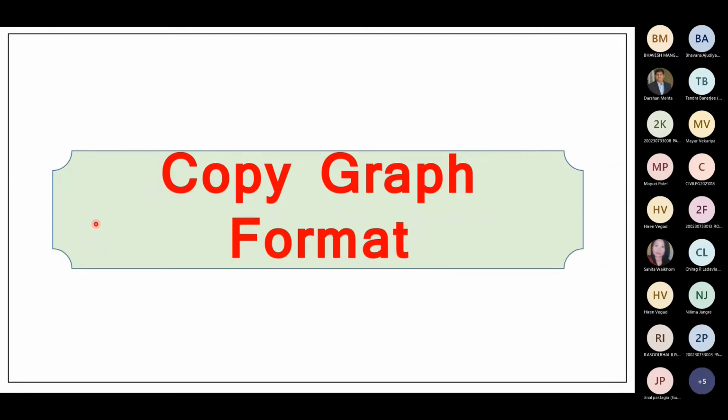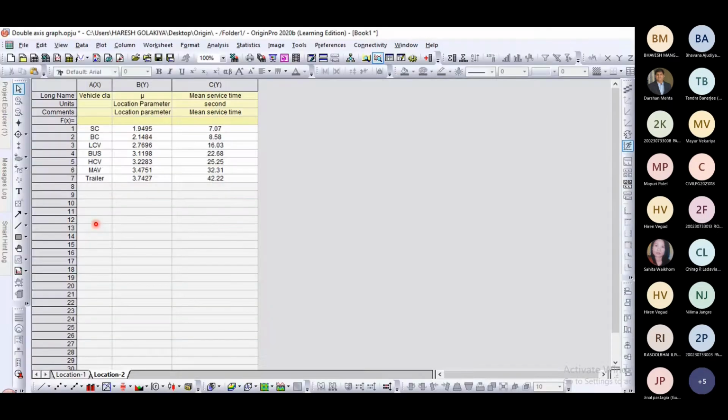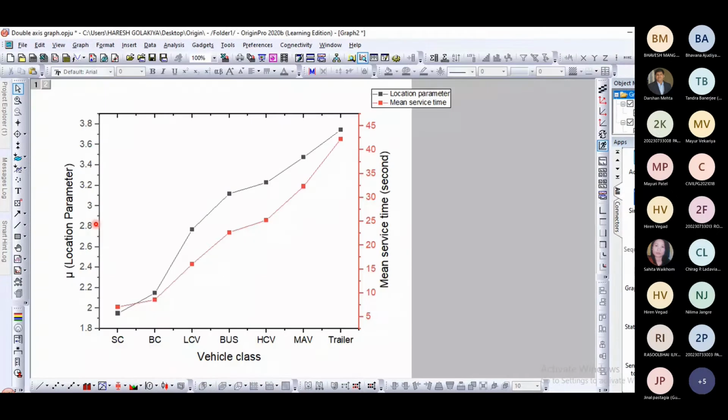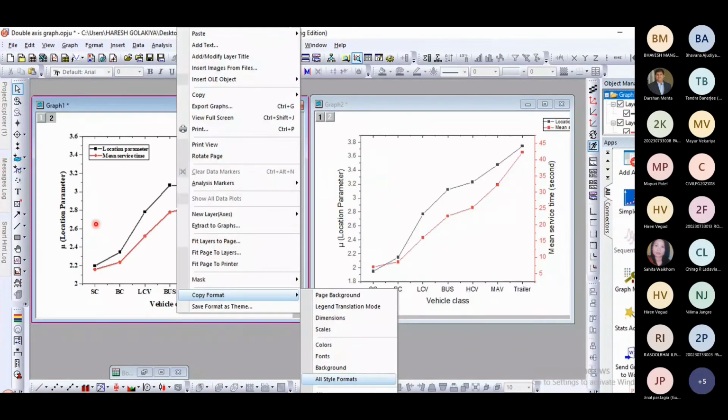Now how to copy the graph format? Let us see that. This is the same data. We have plotted the double Y chart. Here just right click, select copy format and select all style format.